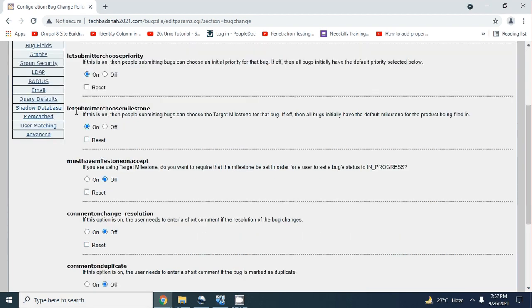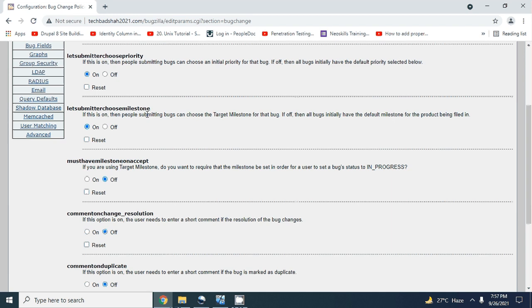Next option is let submitter choose milestone. The concept of the milestone is that developers work toward a target. There are a lot of bugs that they have picked up or users have reported, and they keep them in a milestone.